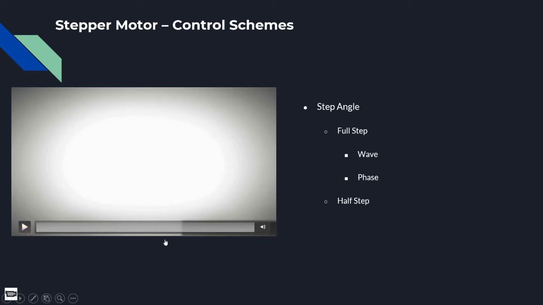Why the half stepping control scheme? If I want a much smaller step angle in order to improve the accuracy of any robotic application, then I can go with the half step scheme, right? All these control schemes, that is wave, phase and half step scheme, are purely based upon the software algorithm that you develop.